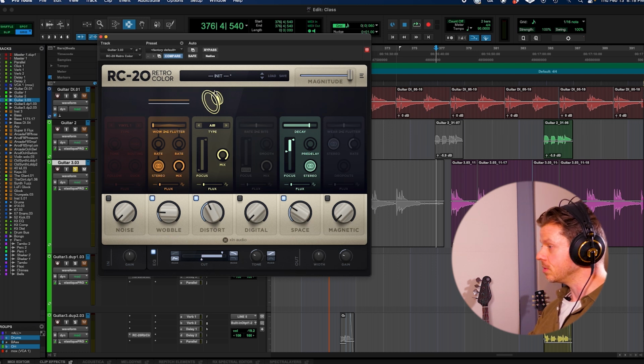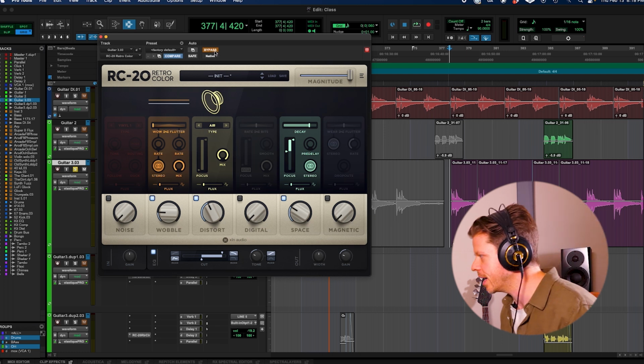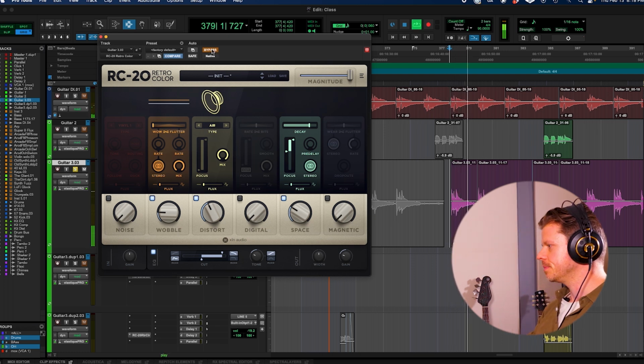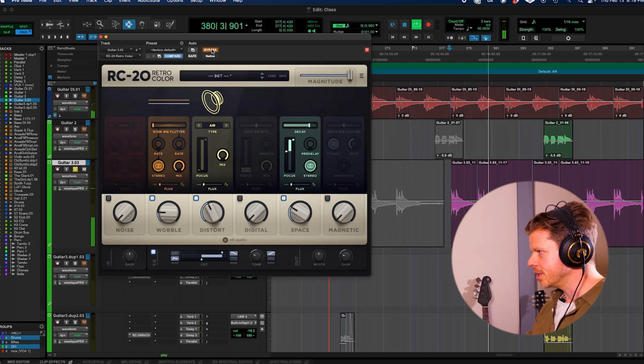And then I also like using the distortion on the air setting, and then bringing it up to taste. So here I have it on a guitar track. This is bypassed. And if I put it on,